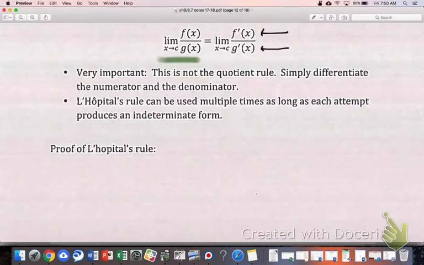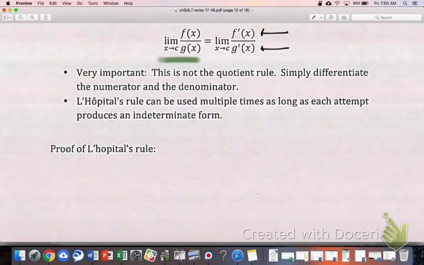So I have a little note down there that says this is not the quotient rule, right? And it's tempting to think of it like that because it is a fraction, but we're not differentiating the whole expression that you're taking the limit of. We are just differentiating the numerator, and we are differentiating the denominator, and then we're trying to reapply the limit,